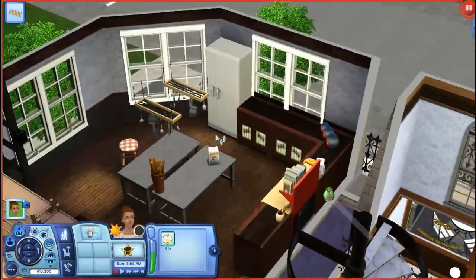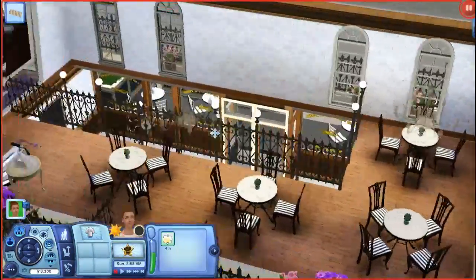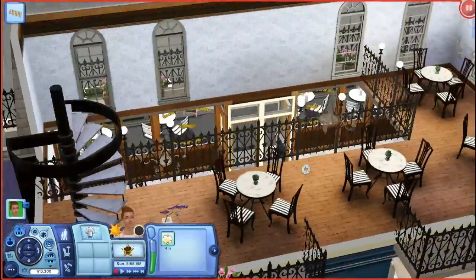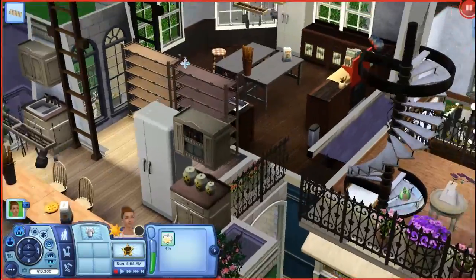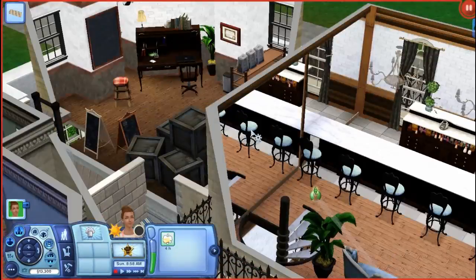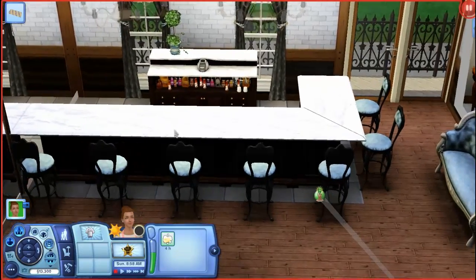Another little baking station. They're all over the place. And another dining station, like a more formal dining station. And, you know, some indulgent bakeries back here. And then if we go up a floor, we have a bar, which personally, I would take some